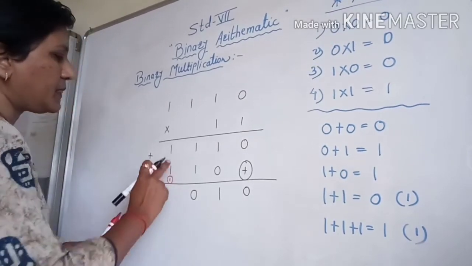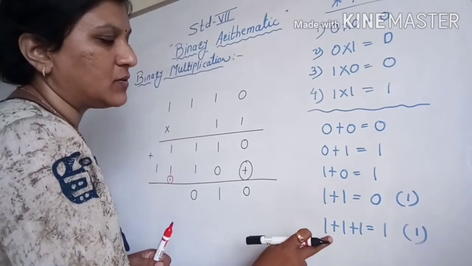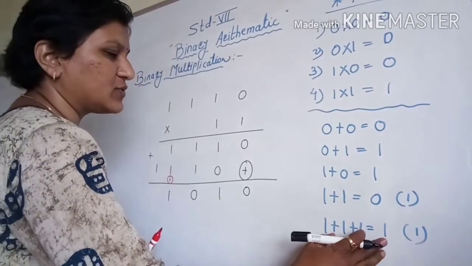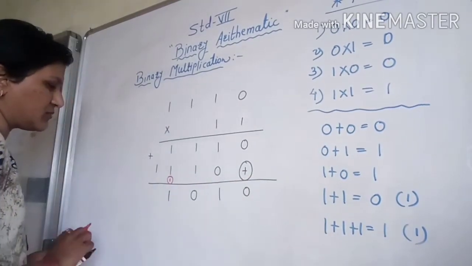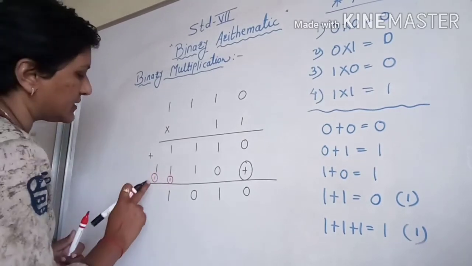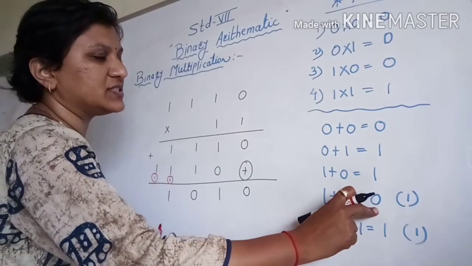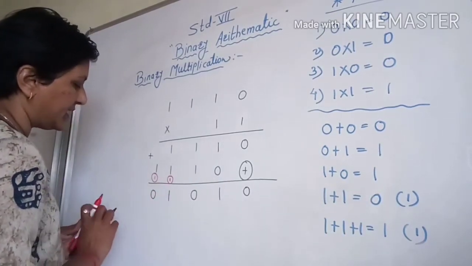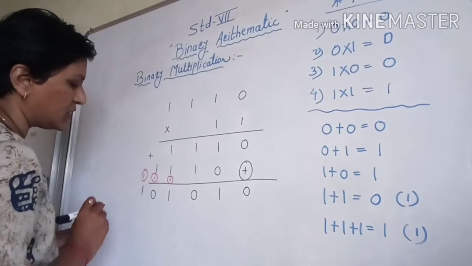Okay. Now this 1 plus 1 plus 1. Next rule of addition, 1 plus 1 plus 1 will have the value 1, that is we are going to write down the result as 1, and we are going to carry this 1 over to the next number. Okay. Now 1 plus 1, again here the result we are going to write down is 0, and we are going to carry over 1 to the next step, which we are going to write down as 1 over here.